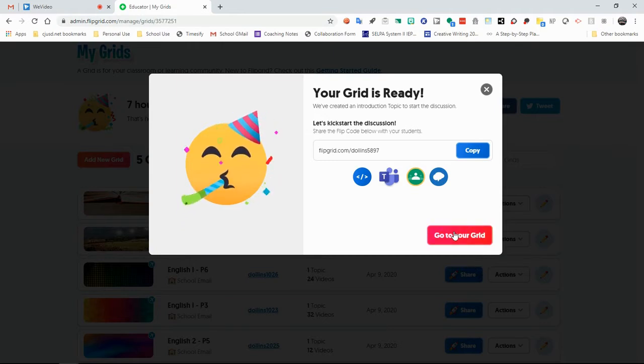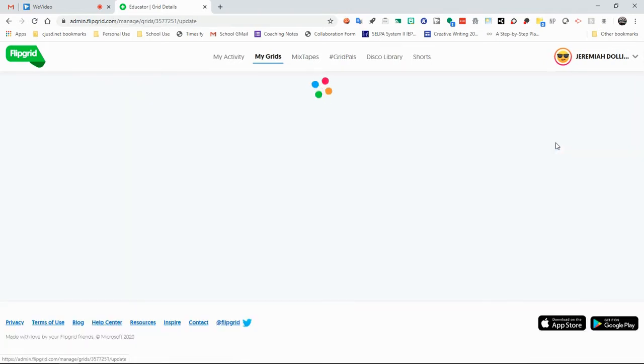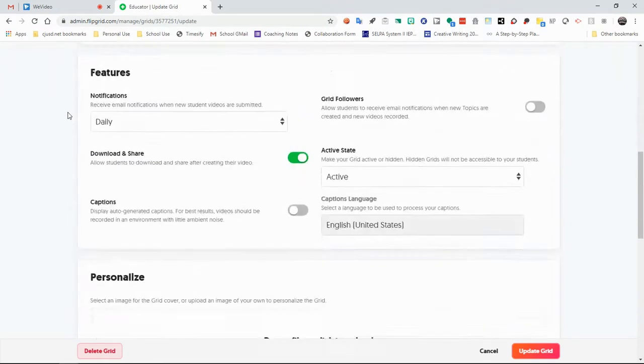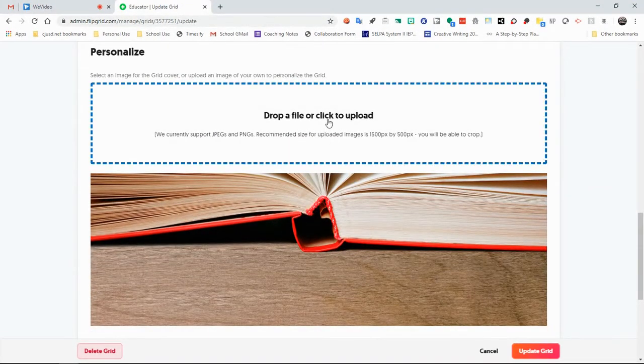So let's go to our grid. This is your sample class. Now, you can make this however you want it to be. You are able to edit your grid in any way that you want, from adding in extra pictures and personalizing it. So if you don't like this book here, you can always pick any type of file to do. So if I click on this, it's going to, of course, pull up my